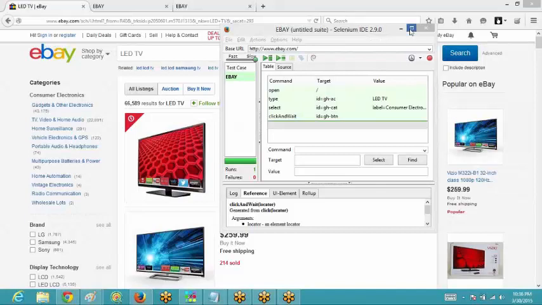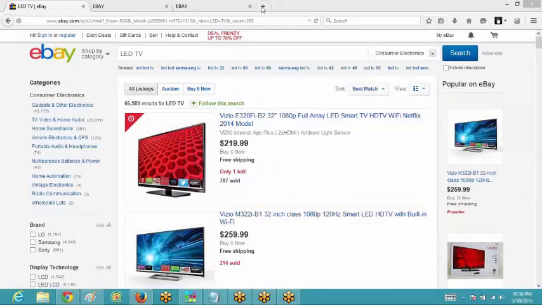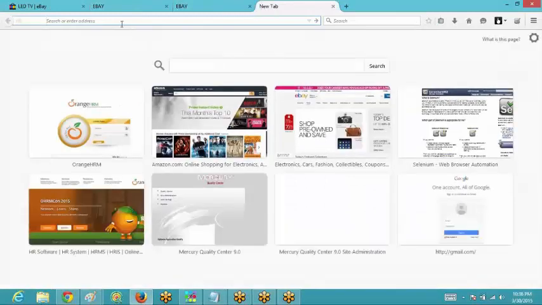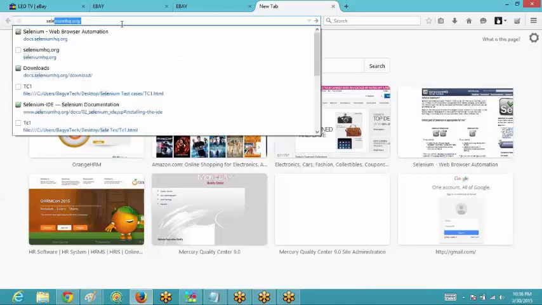So now pay attention over here, everyone. What you will have to do is, in Mozilla Firefox only, I'm again and again saying that you have to do the things in Mozilla Firefox only. If you don't have Firefox, first install it and then you will be able to install Selenium IDE. Now in Mozilla Firefox, you need to open a website, that is seleniumhq.org. So here it is.